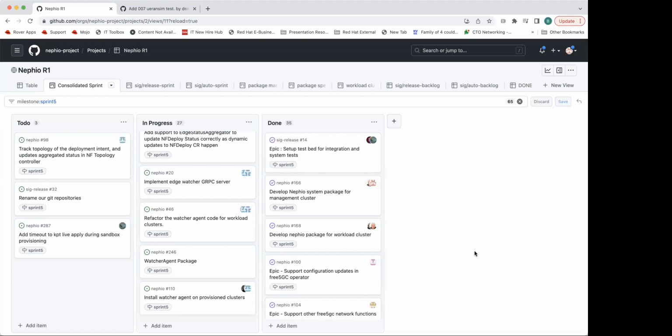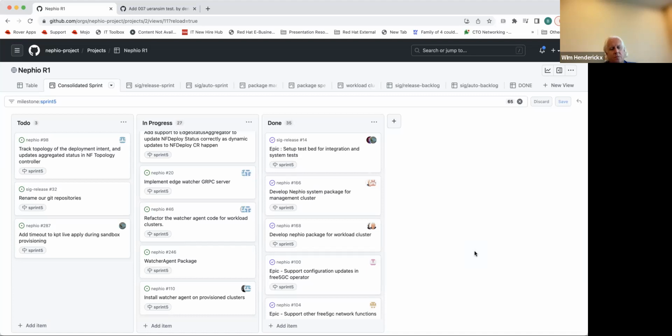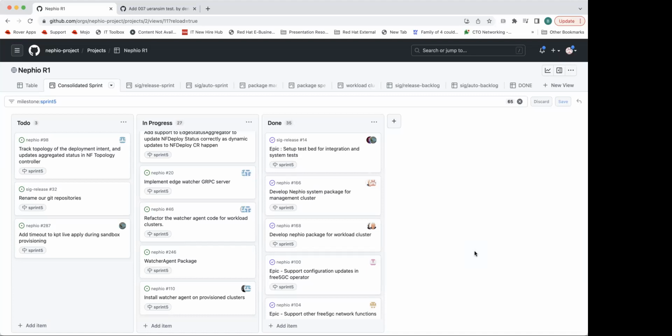It actually reflects well on the community too, if you ask me, because we are making incremental progress. It's a great value add to R1 if you do it. It also shows the continuous activity in the community. That's my take on it.